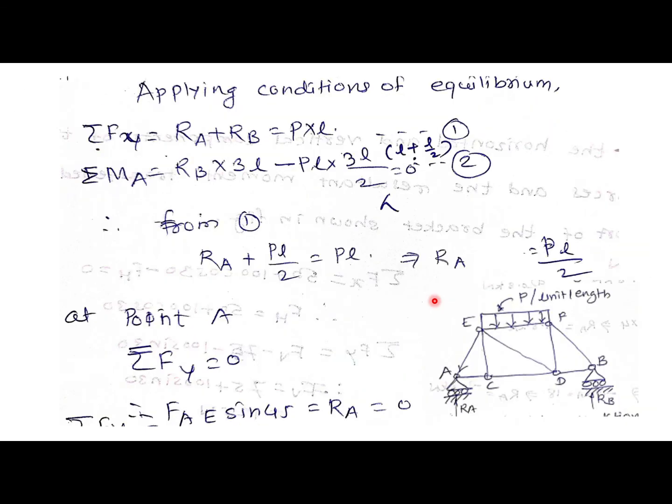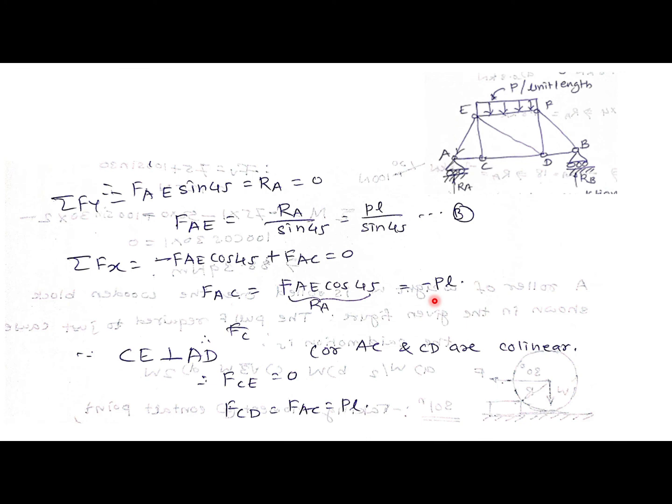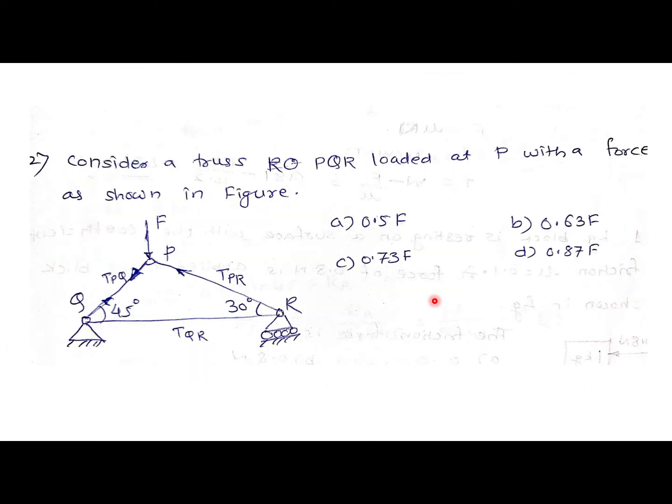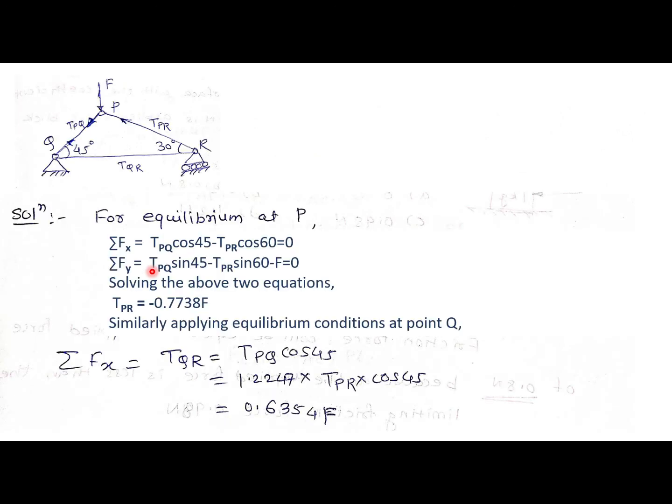Now here the next problem is for which we have to find out the force in the particular member P, the value of P in terms of F at this joint. So again, it is a beautiful problem, dear students. You can try the same conditions of equilibrium for this joint. You can write and get the value of all these forces applying them at this joint P, and we can resolve it.